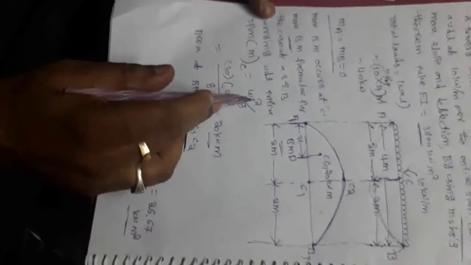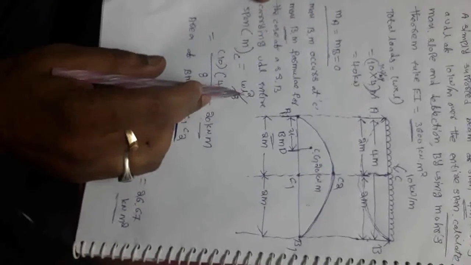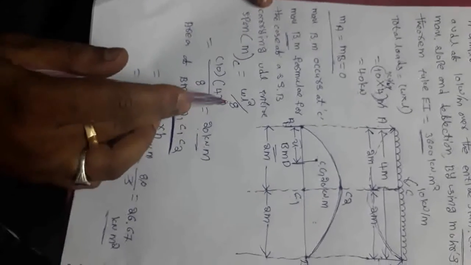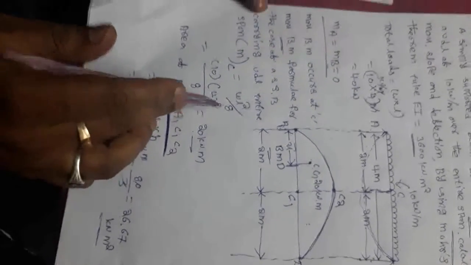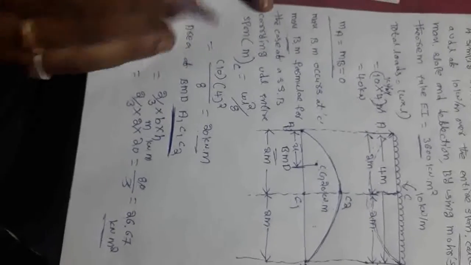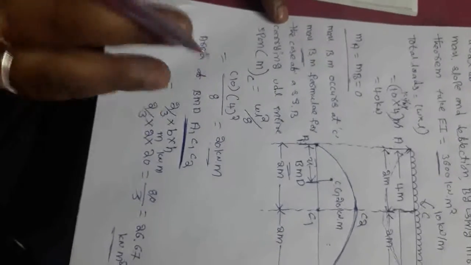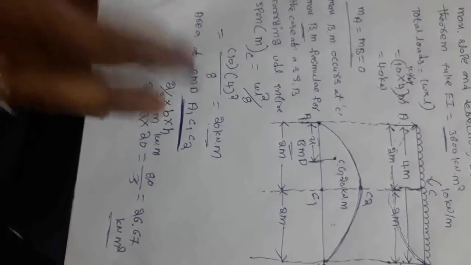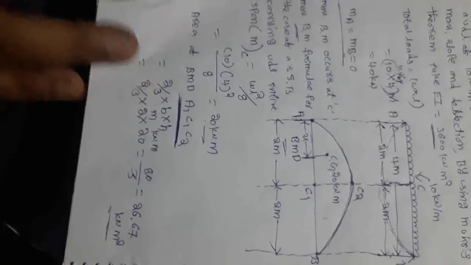So this is the problem, very very important. Here you know the formula, that is the maximum bending moment formula for this case, that is WL square by 8. You can read those 4 maximum bending moment formulas for 4 cases: WL square by 8, WL by 2, WL by 4. These are the 4 cases and 4 formulas.